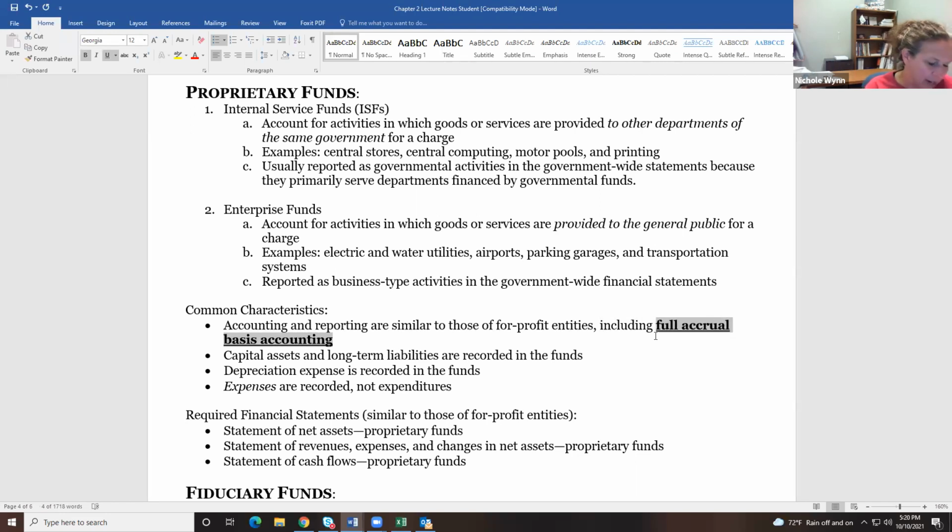So full accrual basis accounting. And so that means that they're not going to use the modified accrual. The modified accrual, it says revenue is when it's available. And so basically it's when you've earned it, but it's available to you, not just earned. And then in the modified accrual basis, everything is considered current. Whereas here we're going to have long-term assets. And so we will record depreciation. You don't record depreciation if everything is current. So in the governmental funds, there is no depreciation, which is weird. And they will use the word expenses, not expenditures. So in the proprietary funds, they don't use the expenditures word. And then they have basically all four financials.